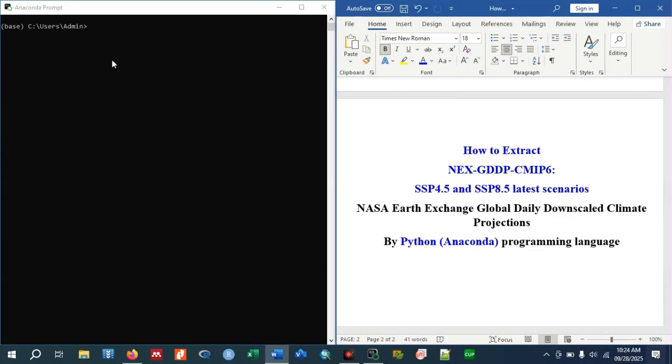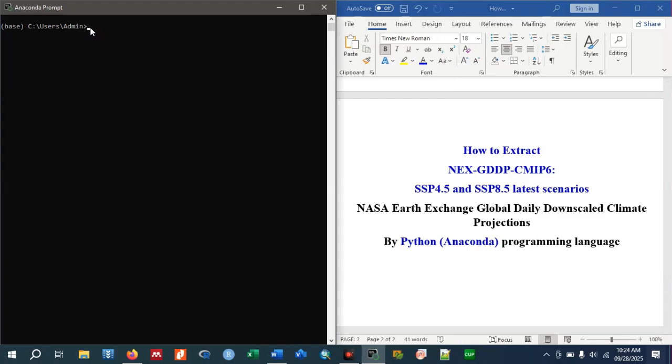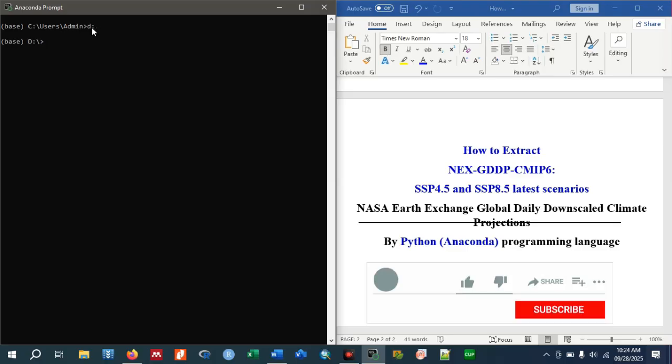This is the method for analysis of extracting future climate scenarios by the latest SSP, shared socio-economic pathways 4.5 and 8.5. So later we can open D, where D means volume. Okay, then